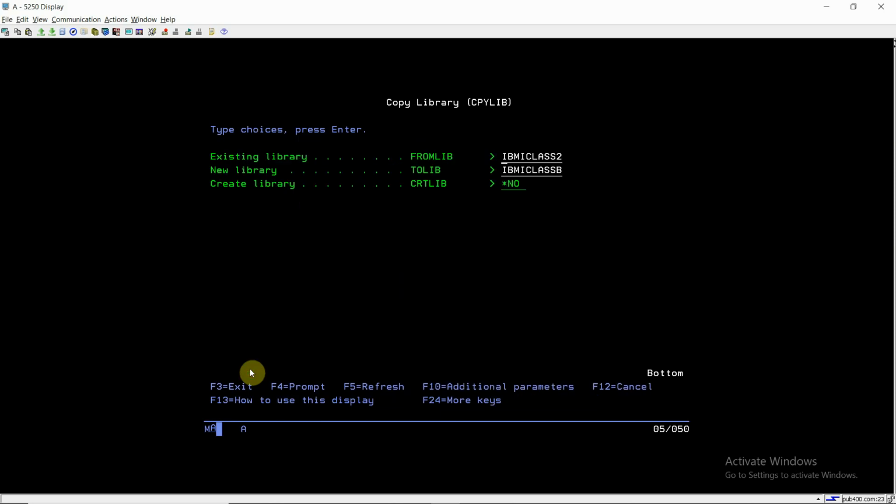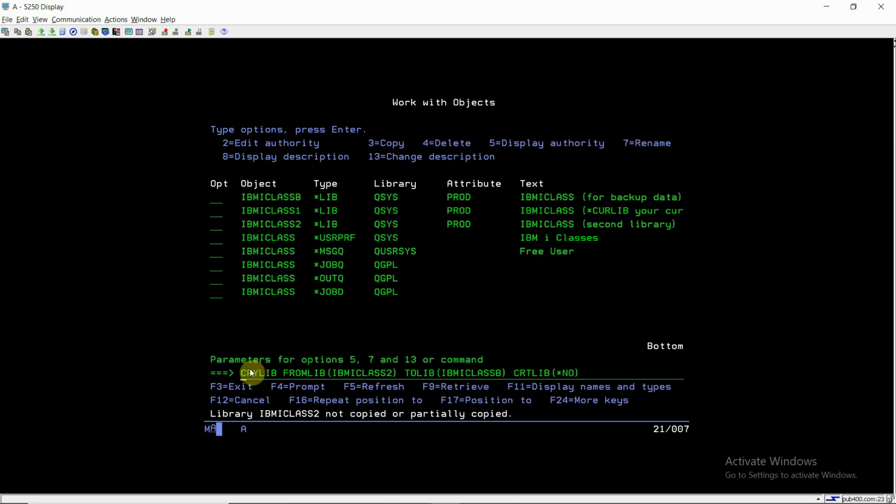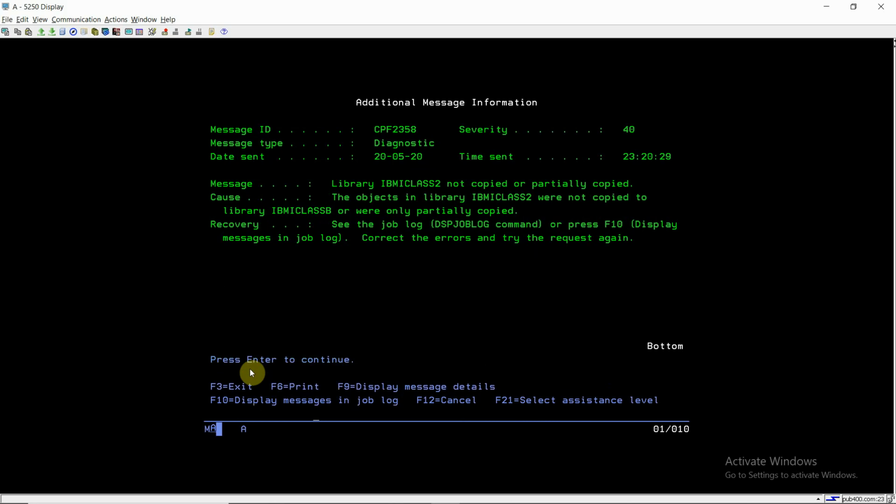If I again try to copy IBMICLASS2 to IBMICLASSB, it will give me an error message. It needs to be handled in the program if you're writing the CPYLIB command like this. The message is CPF2358: library not copied or partially copied.